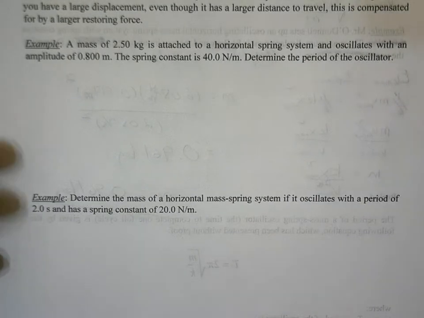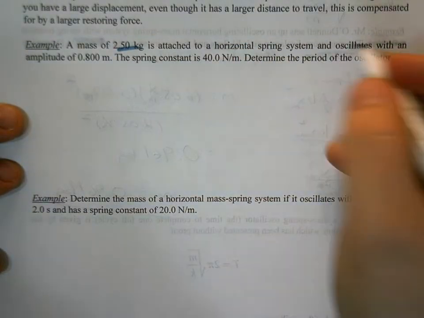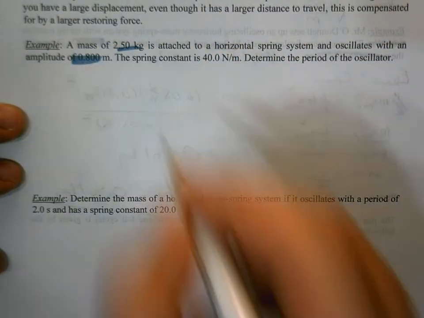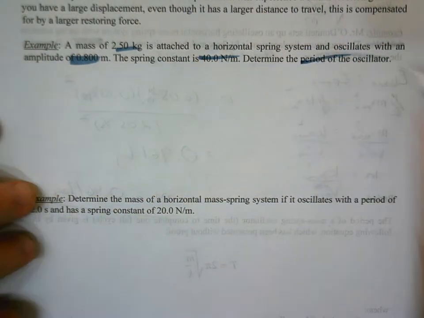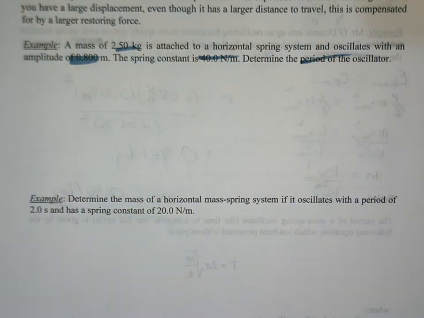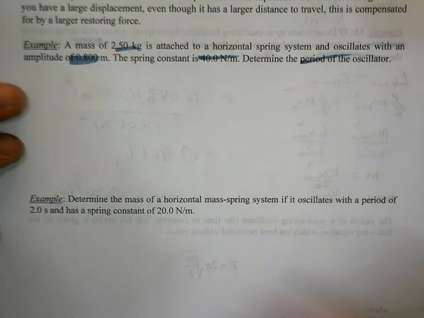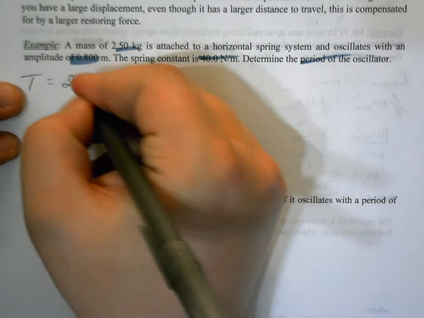So let's look at some examples here. So we get a mass. It is 2.50 kilograms. It happens to be attached to a horizontal spring system and oscillates with an amplitude of 0.800 meters. Spring constant is 40 newtons per meter. Let's find the period. No unit conversions, so we know our oscillator, the period is going to be 2 pi